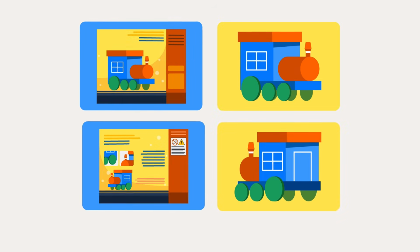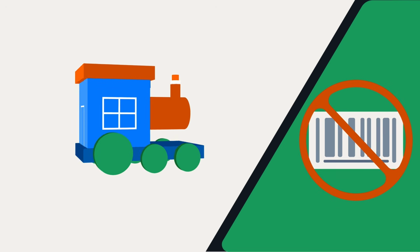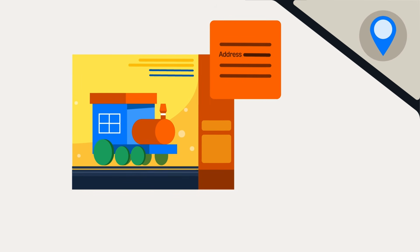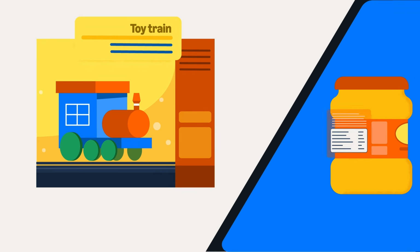You will need to include front and back images of your product and packaging, or from all sides if you're requesting a GTIN exemption, and ensure that your images clearly show a permanently attached product label that displays the brand owner or manufacturer's name and current contact information that includes either a complete physical address, a website URL, or a phone number. Additionally, all label information such as the branding, product name, or ingredients must be clearly visible and easy